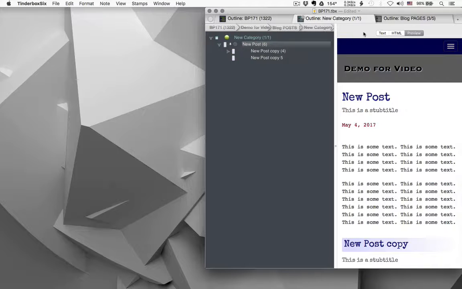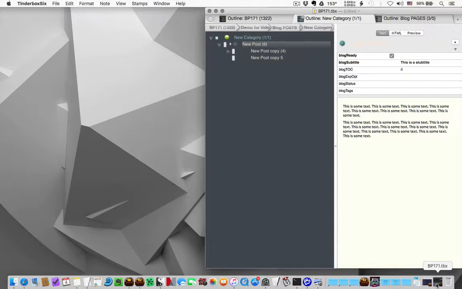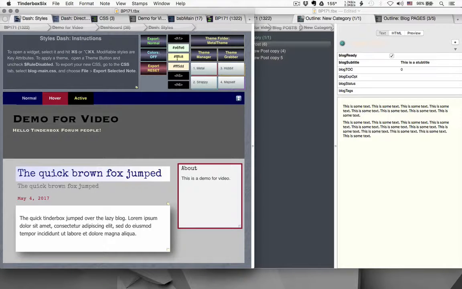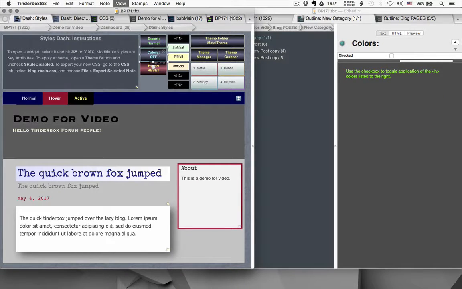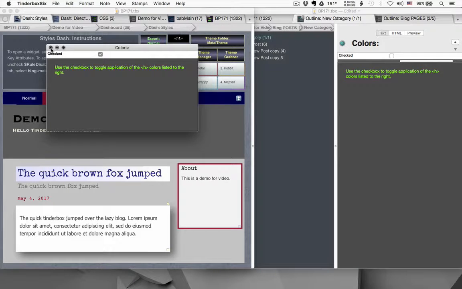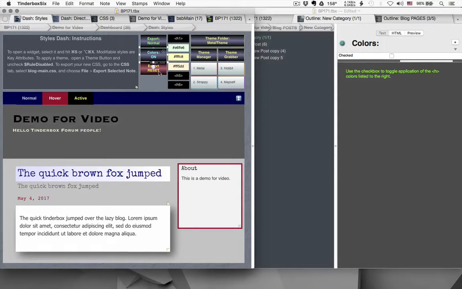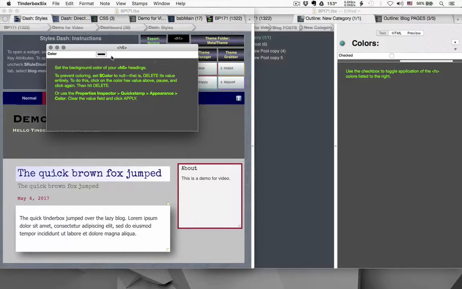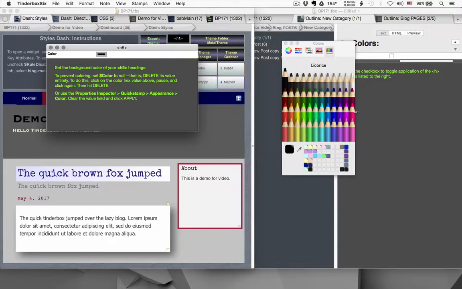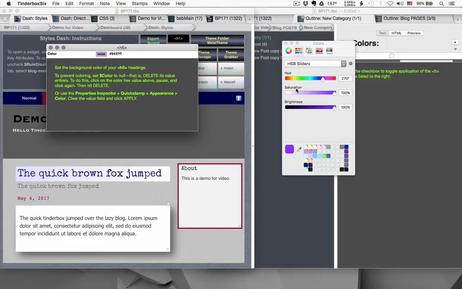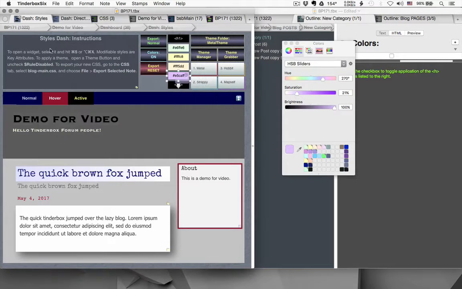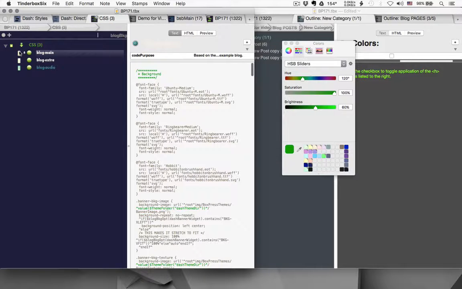So what about that background? These heading backgrounds? Well, that's covered in the Styles dash. If you want backgrounds on, turn colors, check it, and turn it on. These will be the backgrounds for headings 1 through 6. So in this case, headings 1, 5, and 6 don't have backgrounds. If you want to change that, you can very easily pick a background color. Colors are on, and let's go ahead,